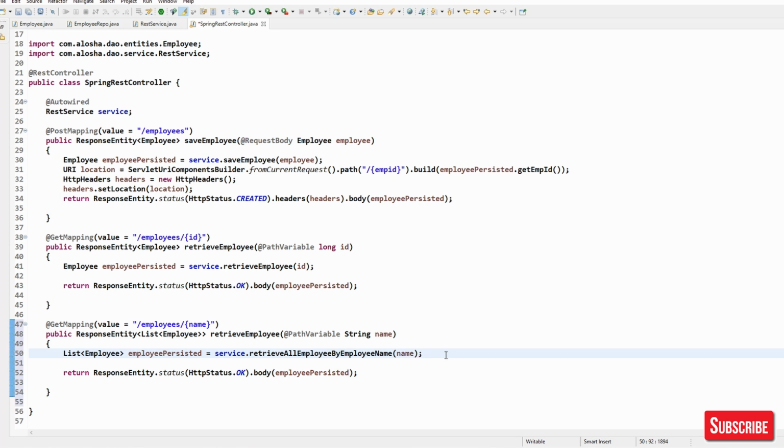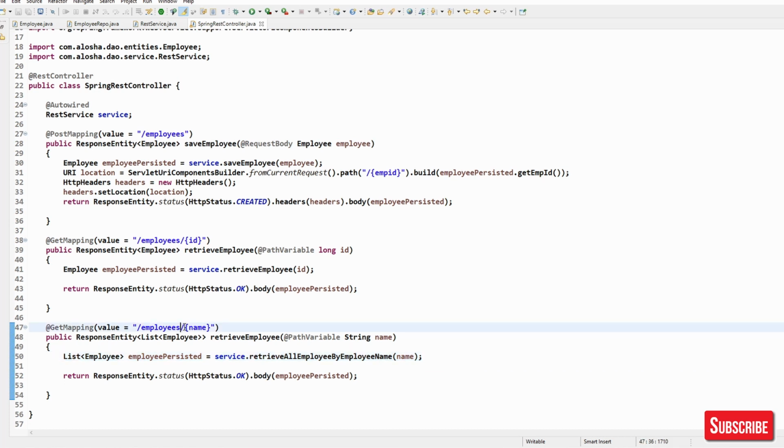Okay, done. So these are the methods that we have defined right now, and change this mapping to employees all name by name. I'm just skipping this URI, which is not making a lot of sense, but that's okay. You can make it the way you want. So that's what we have right now.